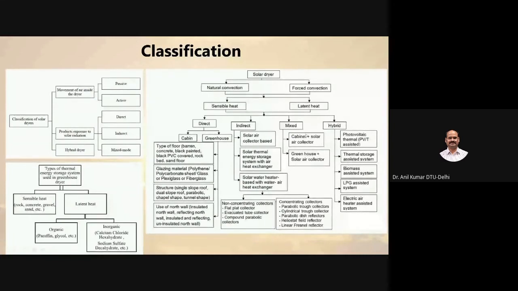And hybrid means some other kind of energy resources are used in the solar drying system. It could be a PVT type system. The PV systems are basically used for running the blower or the exhaust fan. This kind of application is very useful for remote areas where grid electricity is not supplied. The thermal storage assisted system also comes under the category of hybrid, as do the LPG assisted system and